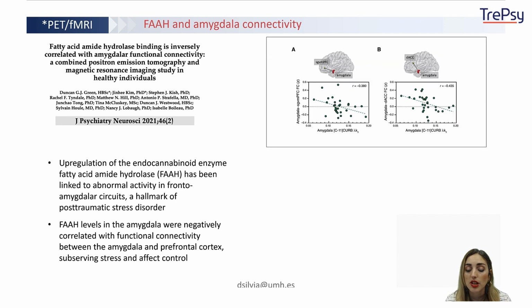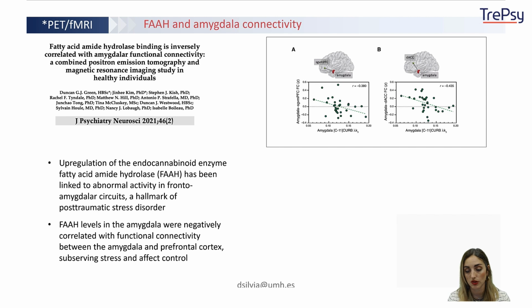What they found through fMRI analysis and PET is that the FFH levels in the amygdala were negatively correlated with functional connectivity between the amygdala and the prefrontal cortex. And what is interesting about this paper is that they used a targeted approach by looking at the region of